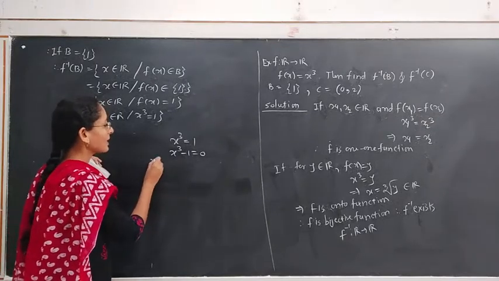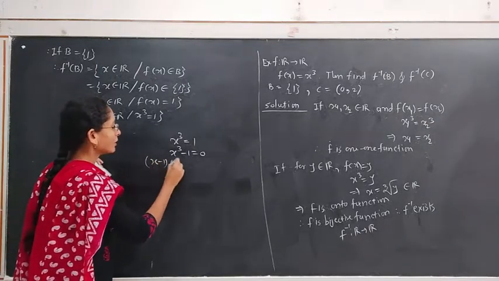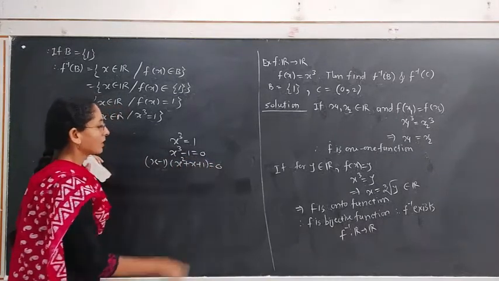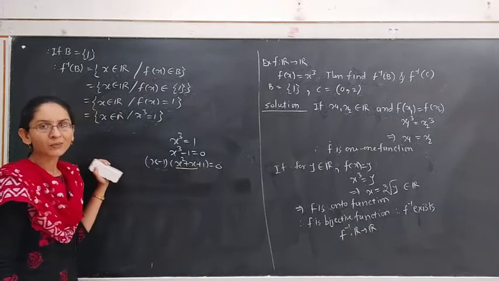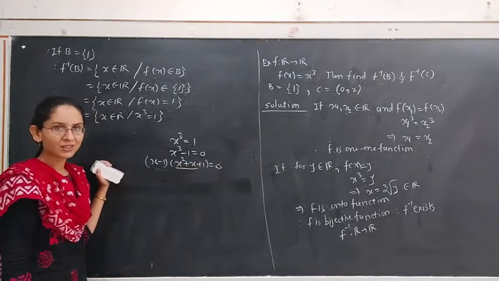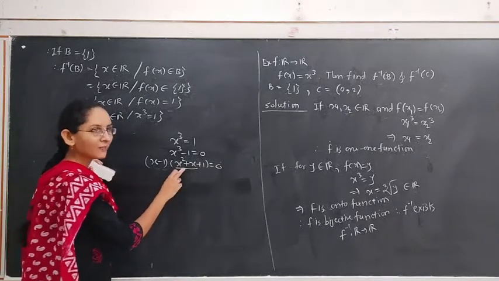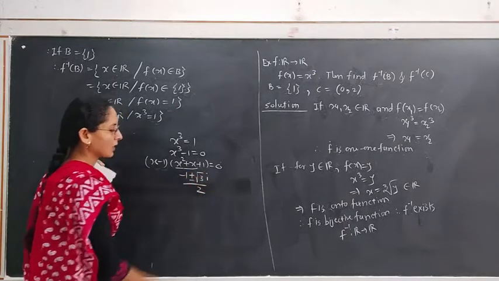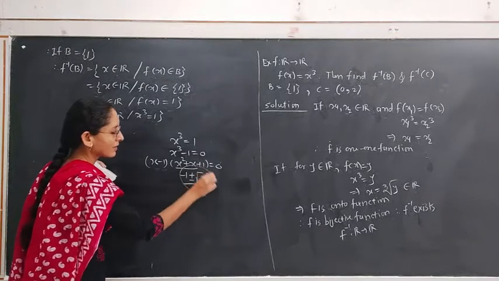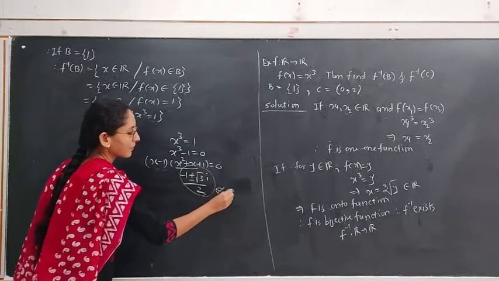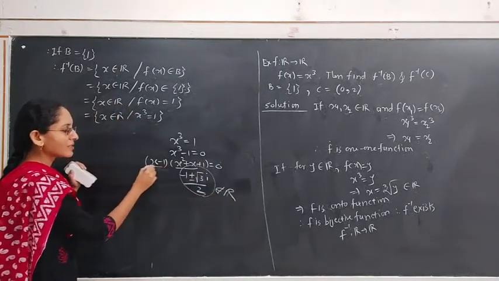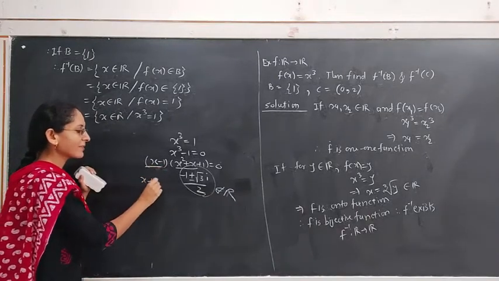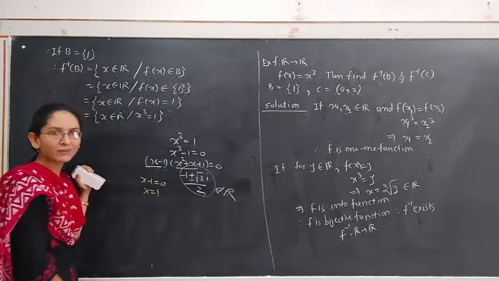If we factor this polynomial, then we get (x minus 1)(x square plus x plus 1) equal to 0. Roots of the quadratic factor belong to complex numbers. The roots of this equation are of the form minus 1 plus or minus square root of 3 i, upon 2. These elements do not belong to R. The only real root comes from the factor x minus 1. If we consider x minus 1 equal to 0, then we get x is equal to 1.